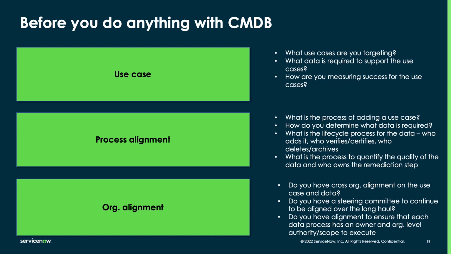Third is org alignment, which really means the reality is that when you want to maintain a CMDB, it's not going to be a single person or single team that can do it. It's really going to be across the board. Different people own the different data, and different people are driving different outcomes. How do you make sure you're aligned so that you're doing things in a stepwise motion? And a great example, a great use case, would